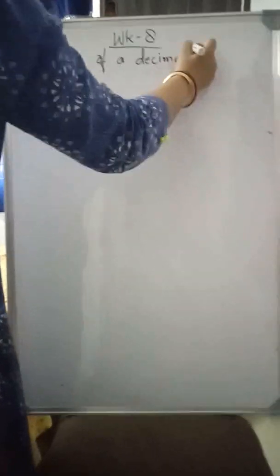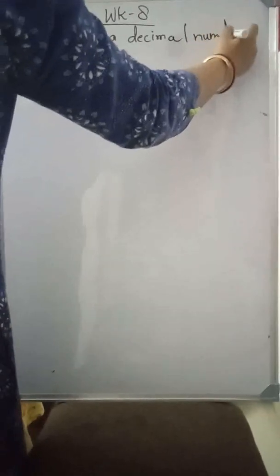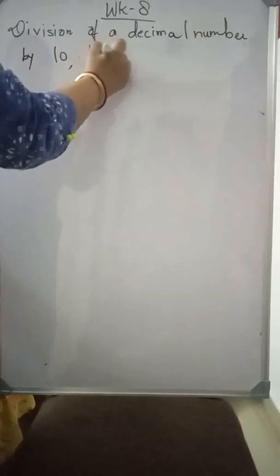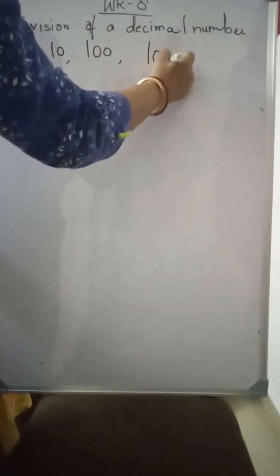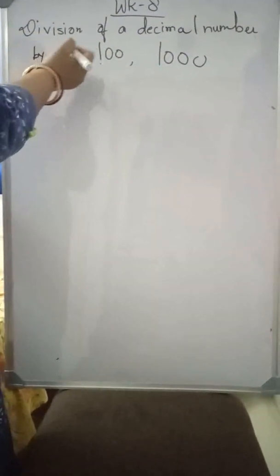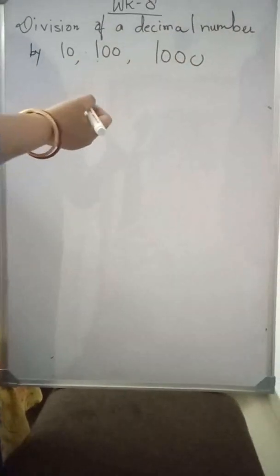In this session, I would like to start worksheet number 8. The topic is division of a decimal number by 10, 100, 1000. So here always remember, in order to divide by 10, 100, 1000, in order to divide